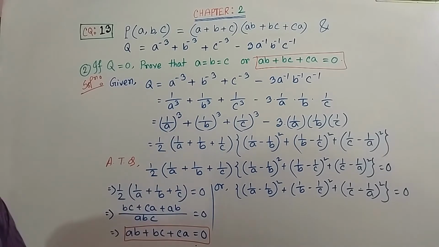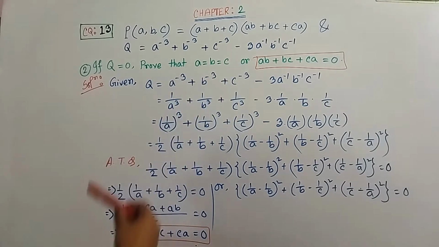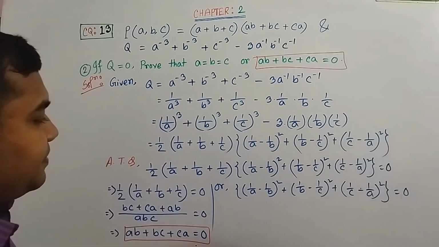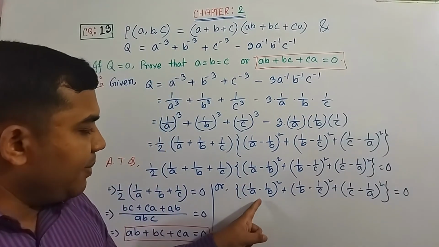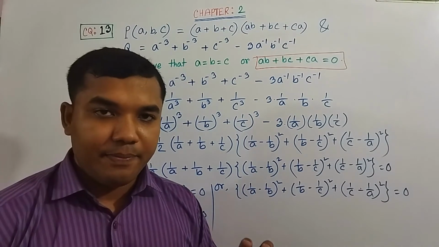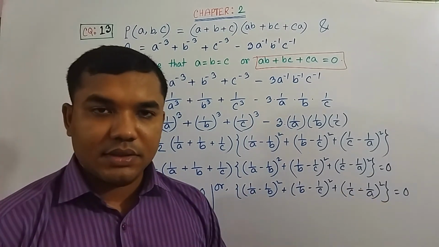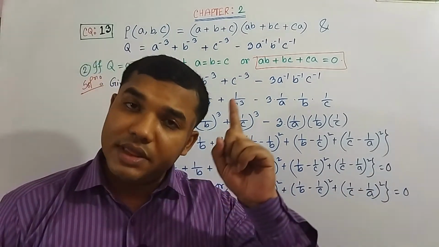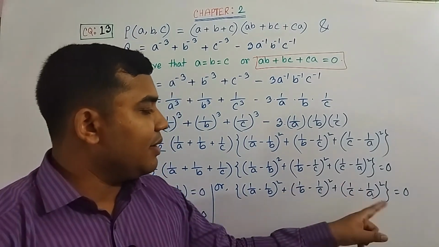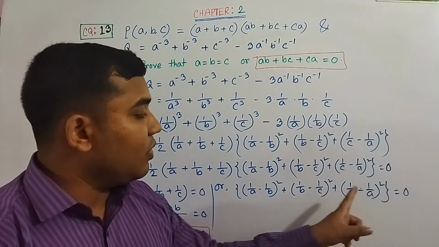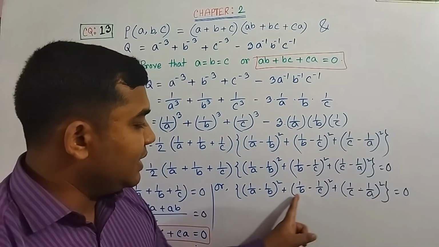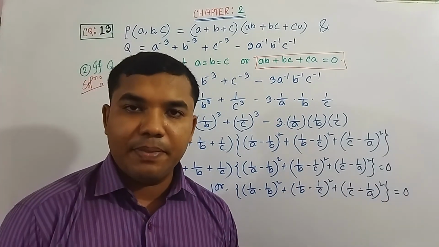Now we are thinking about the second part, what we have to prove, where it is given a equal b equal c. How can we prove that? When some parts are added and all are squares, this will be 0 only if all are individually 0. If these are not individually 0, then this expression cannot be 0, isn't it? So we can say